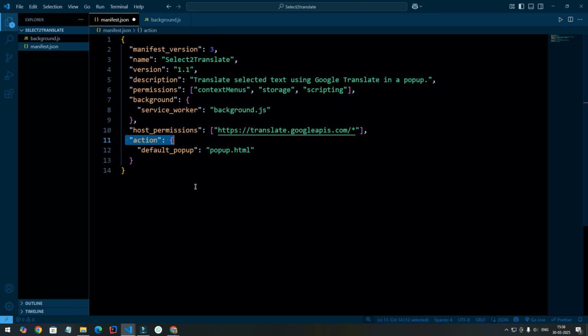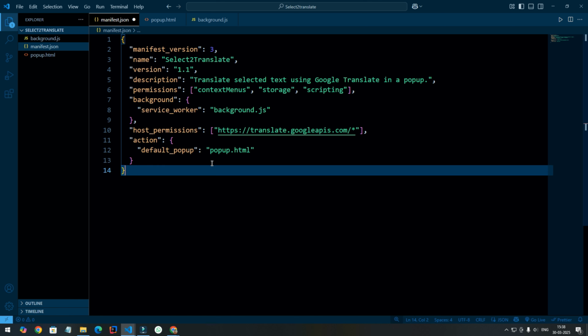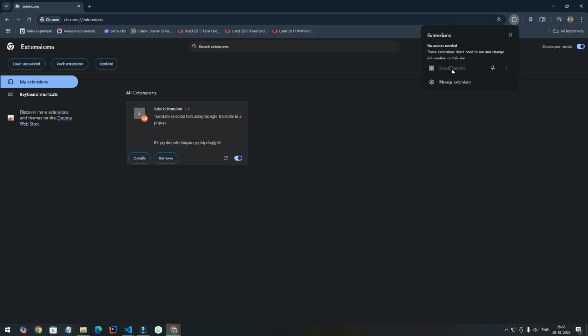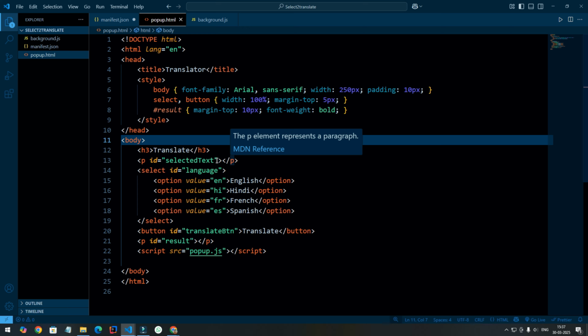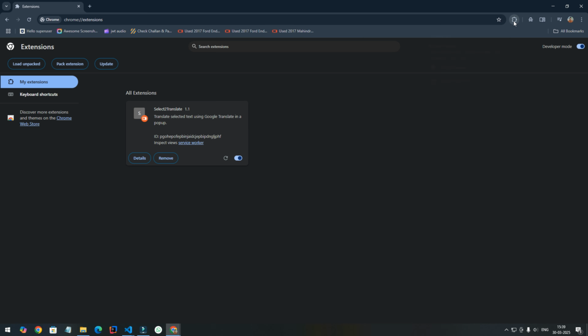And then here we configure the extension's action button. So here we set popup.html as the content of the pop-up that appears when the user clicks on the extension's action button. So if we check on the browser, when you click on this extension, it will open the popup.html. But we have to create that file first. So here we have the popup.html. We will discuss it later. But now let's save this and refresh the extension. And now when you click on the extension here, it will open a pop-up which is the popup.html file.